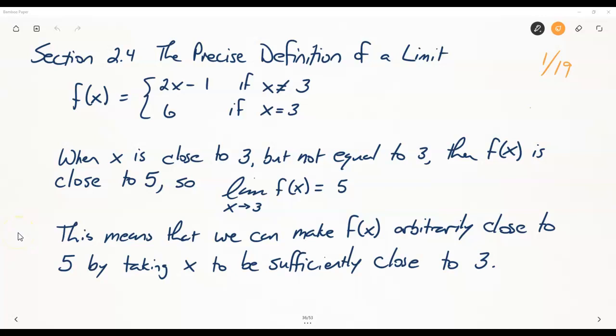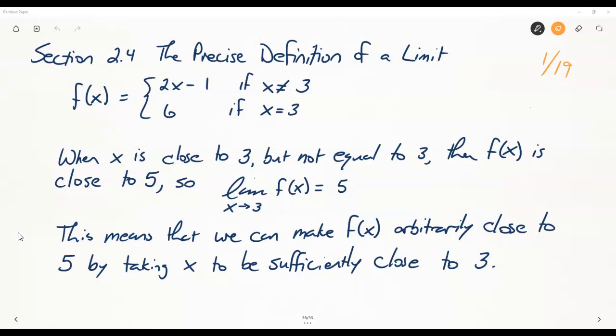All right, so section 2.4, we are talking about the precise definition of a limit. We want to actually nail down mathematically, what does it mean for f of x to be arbitrarily close to a number L when x is sufficiently close to some number a that we're approaching in the limits? Okay, so